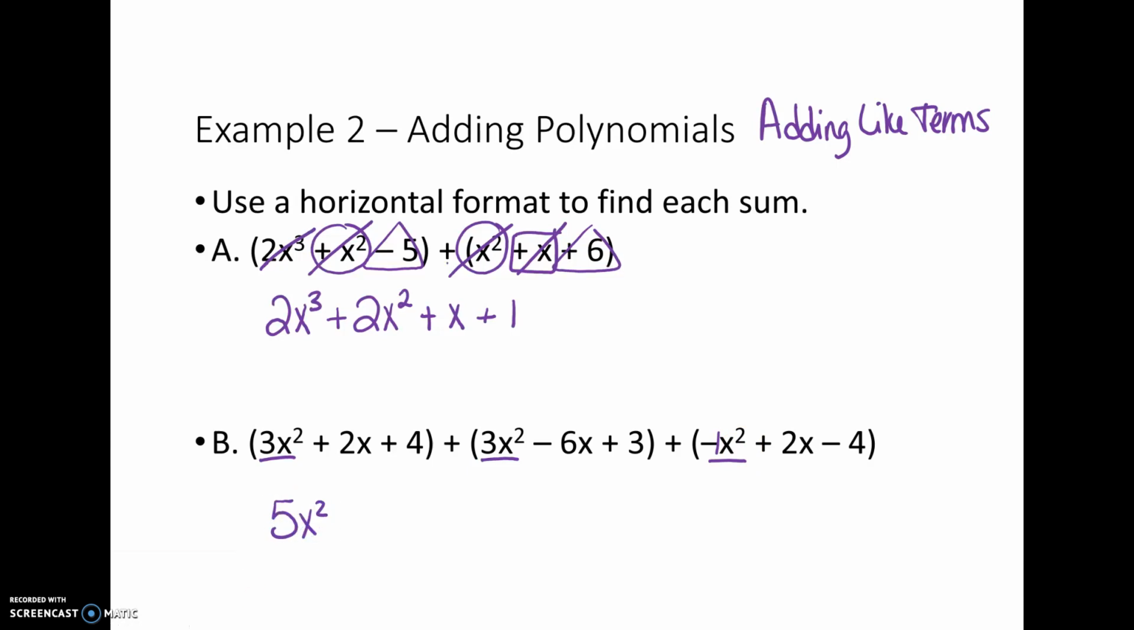Then we do our x's. We've got 2x, -6x, and 2x. You can do this in your head, or you can grab your calculator. 2 minus 6 plus 2. Let's see, that's 4 minus 6, so